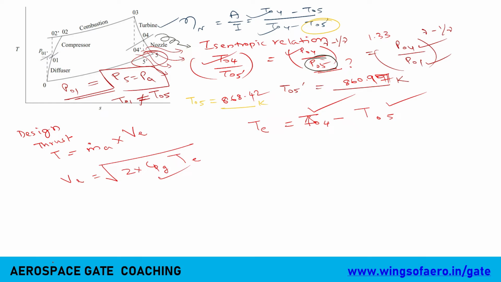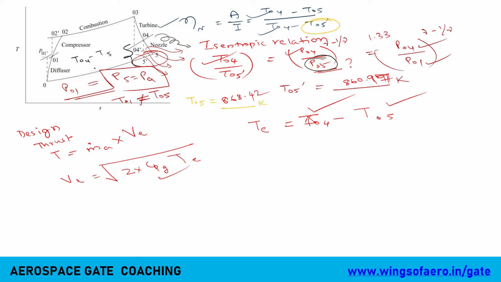Ma'am, why are we taking the actual condition here? It can be T04 prime also, no, ma'am, to find the exit temperature. Very good question. Now there is one relation in the nozzle phase. The relation is something like the difference T04 minus T05. You can say there is a relation between this, called a stagnation and